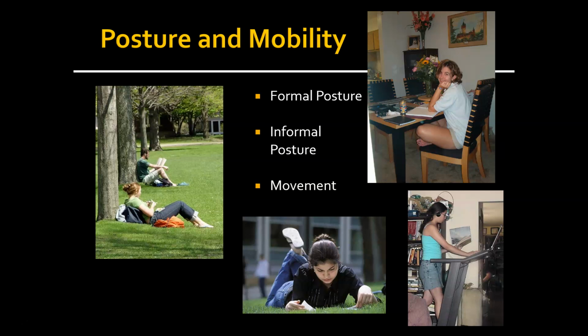Others actually need to move about to learn. So the girl that you see on the treadmill there, kinesthetic, tactile learners tend to like this, so reading while walking could be appropriate for them. Wouldn't work for me, I'm too much of a klutz. But your environment, guys, should be comfortable but not too comfortable. And here research tells us that slight amounts of muscular tension actually increase our efficiency and accuracy in mental work. So the more comfortable we are, maybe the less effective the environment is. So a little bit of muscular tension.